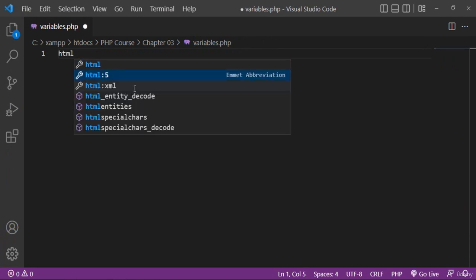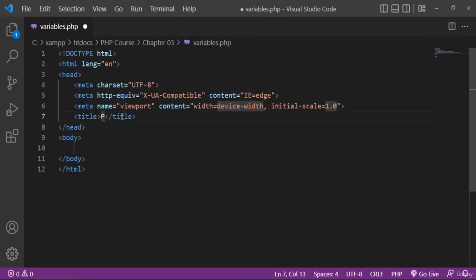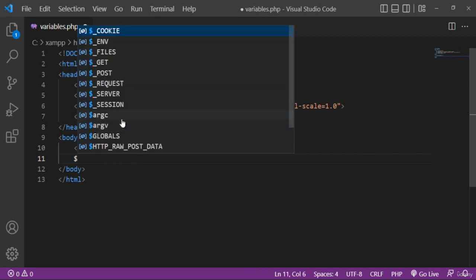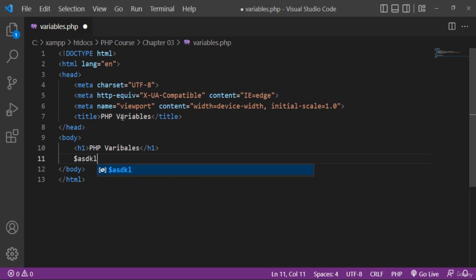Now the HTML basic structure, PHP variables. Now what we have to do is get an h1, PHP variables. First of all, the method of declaring a variable is the $ sign followed by any variable name. This is a user-defined name, and if you want to provide alphanumeric or alphabetic data, you have to put